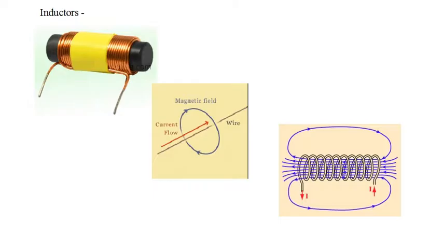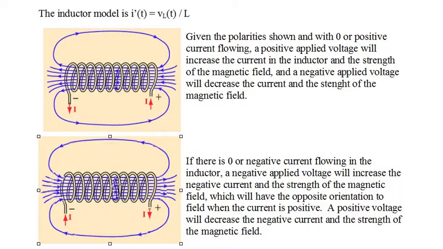Looking at the third diagram, if the coil is wrapped clockwise, starting from the right and going right to left, and the current is flowing in the coil from right to left, the direction of the magnetic field in and around the inductor is as shown. If the direction of the current is reversed, the direction of the magnetic field is reversed, as shown in the bottom diagram. The magnetic field stores energy proportional to the square of the current through the inductor, and energy is